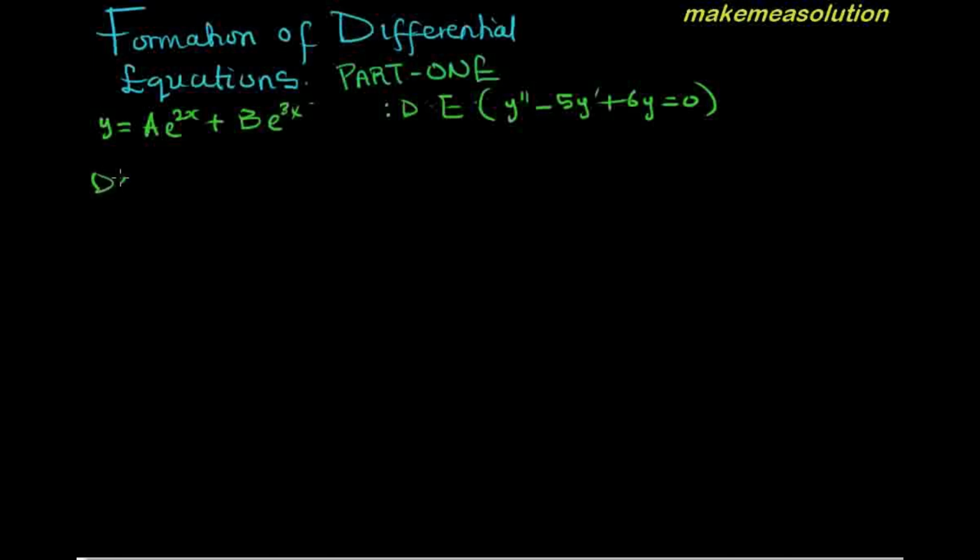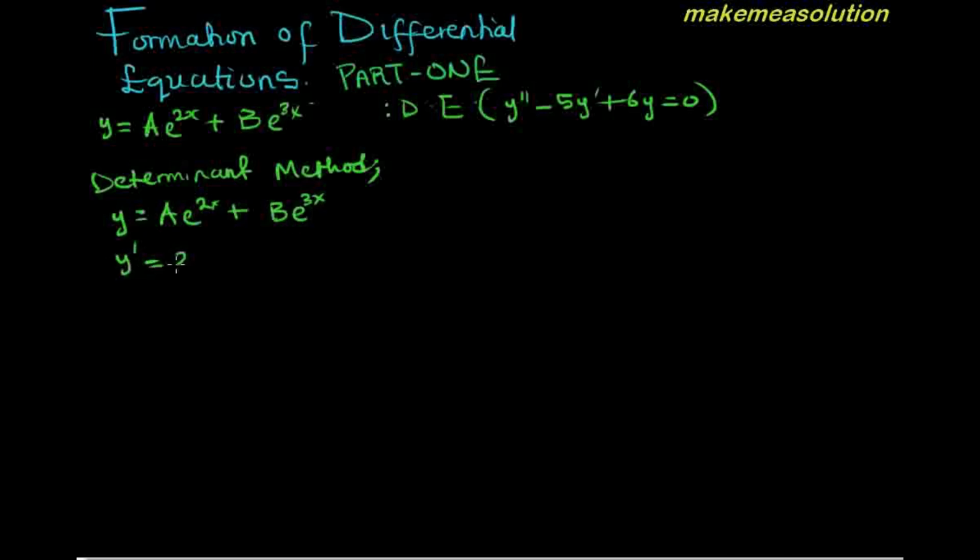So using the determinants method, as usual, first of all, you're going to find y is equal to a exponential 2x plus b exponential 3x. Now of course y prime is 2a exponential 2x plus 3b exponential 3x,